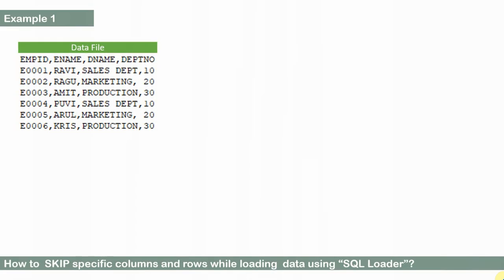With that, let us start understanding how to use SQL Loader to skip a specific set of columns or rows. I am going to take you through two examples to understand this concept. In the first example, I am going to take a data file which contains 4 columns of information: the employee ID, employee name, department name, and department number, in a comma separated format.